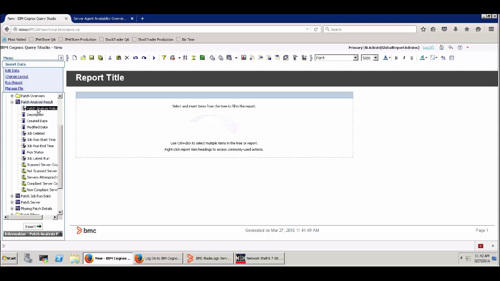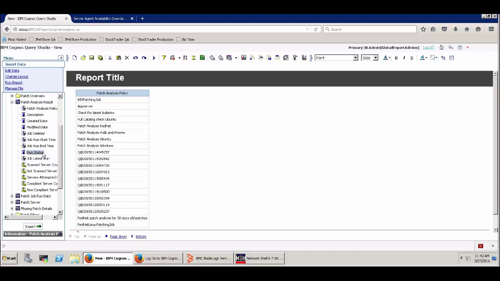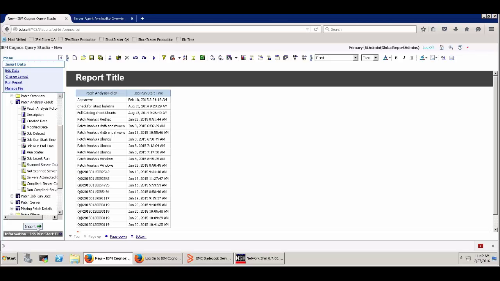And so for the first thing I want to do with that is I want to go look at my patch analysis results. And I want to see for a given job, how many targets did I run against? When did that job kick off? Because usually we like to kick them off on particular schedules. And then of the servers that I was trying to talk to,